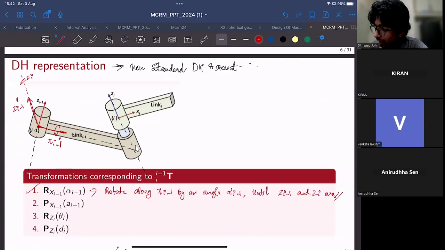The second step would be to translate along x_{i-1} by the link length a_{i-1}. If you consider the length of this link to be a_{i-1}, and you translate along x_{i-1}, this newly defined frame, i-1 dash, will reach over here, actually, right? So the second transformation would be translate along x_{i-1} by a_{i-1} units,